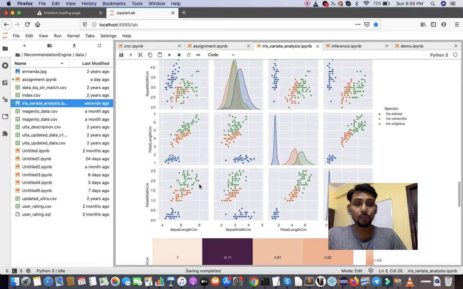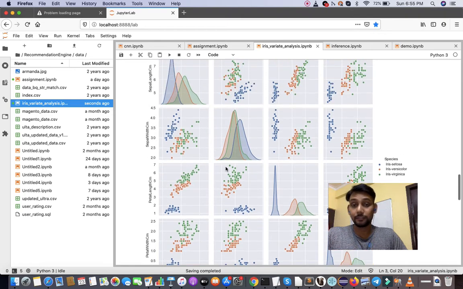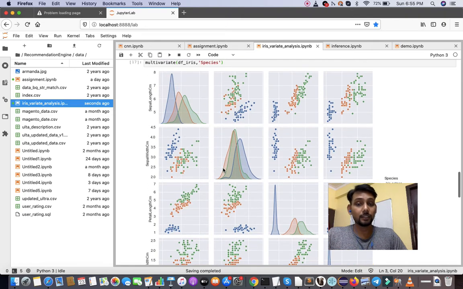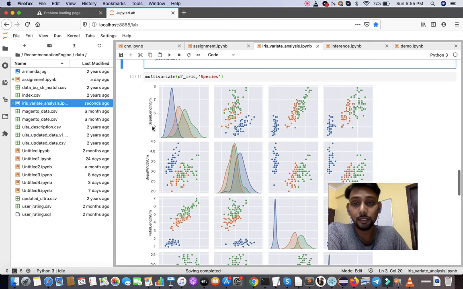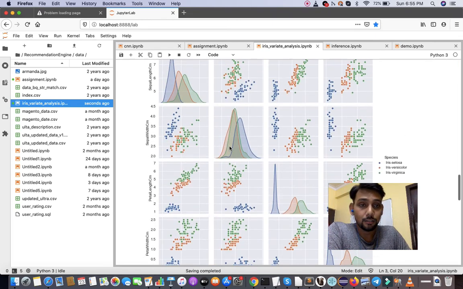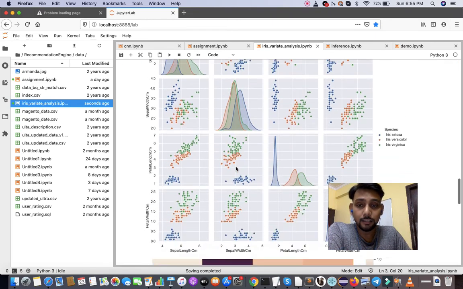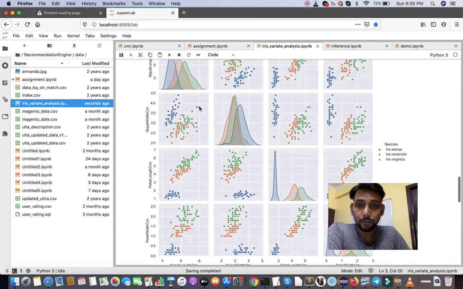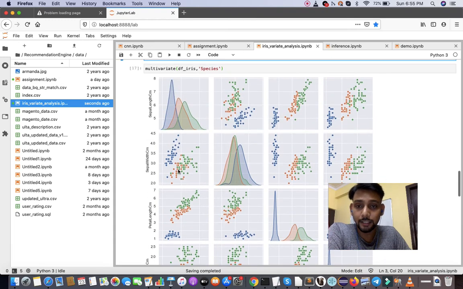We'll see how the data is spread and if there is any correlation between them, right? So here you can go ahead and see deeply inside the data points how the data is spread.